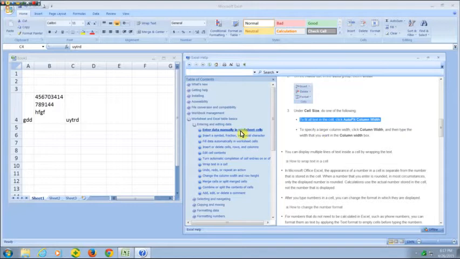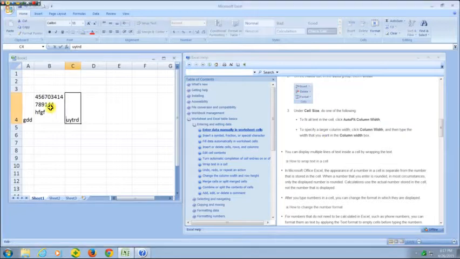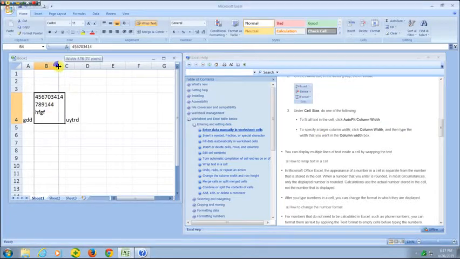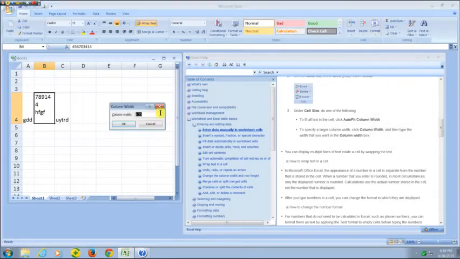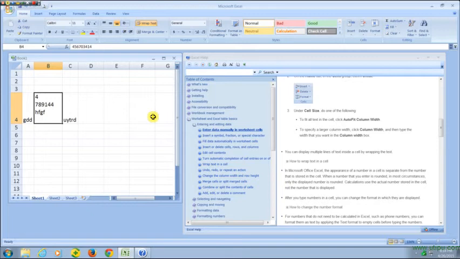Suppose only a particular column you want to change the width, you can just go to the home tab, then in the cells group, in the cell size, you can change the column width, and you can change it to whatever size you want. Okay,